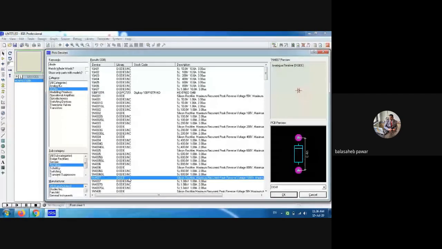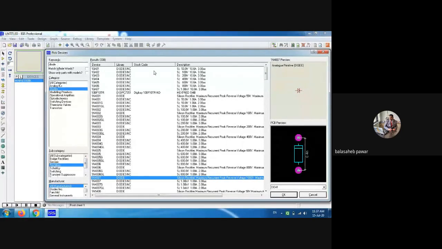Remember, whatever component you select from the library and highlight, its symbol will get generated over here. So this is the symbol for your diode, the general purpose diode 1N4007. In this way you can observe so many components which are available in the library of this simulation software.